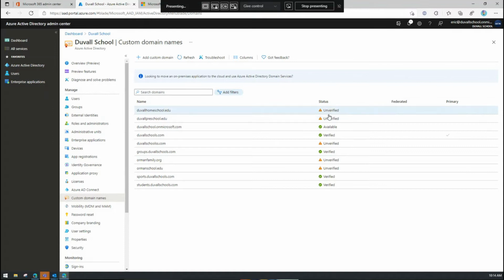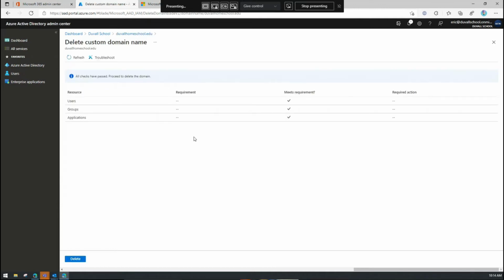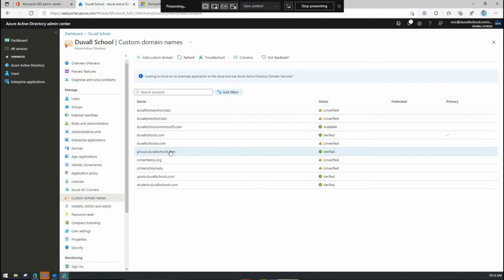There's actually a lot of them that are unverified because I'm always giving demos and stuff like that. Whoops, I'll do this later. So once you add the root, like where it says duvalschools.com, you can actually automatically add, oh, that's the wrong one, Duval Schools, and it's verified. You can add subdomains like groups.duvalschools.com. You don't have to go through a verification process